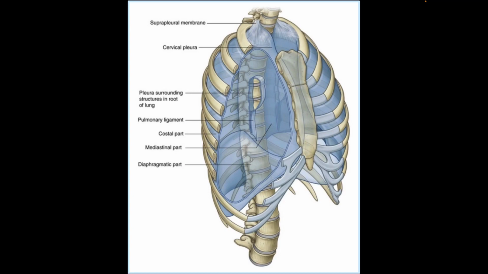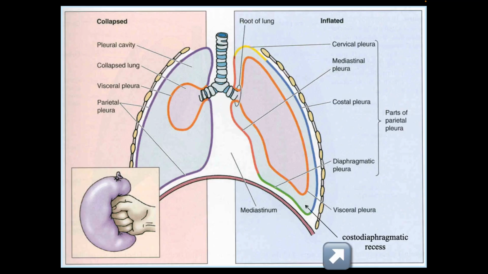As for the recesses, there is a costodiaphragmatic recess, which is the lowest part of the pleural cavity. Below, there is the inferior border of the lung, into which the lung expands during deep inspiration, and it's located between the costal and diaphragmatic parts of the parietal pleura. The first part of the pleural cavity where fluid accumulation can be detected by X-rays in case of pleural